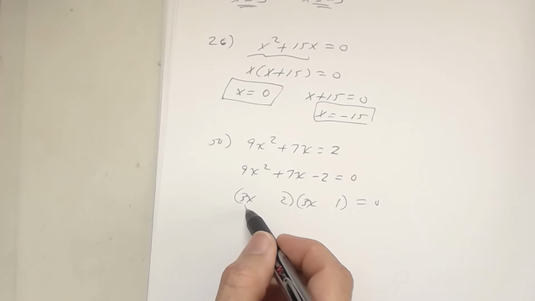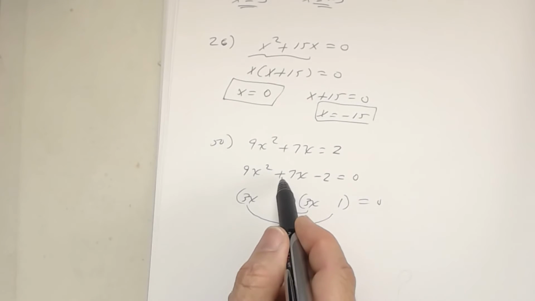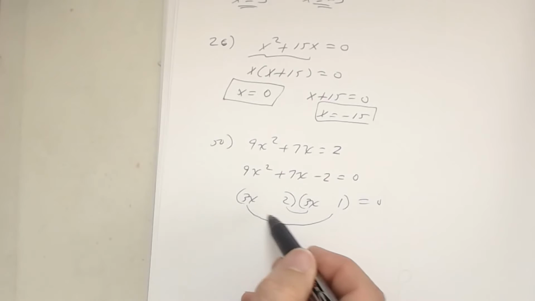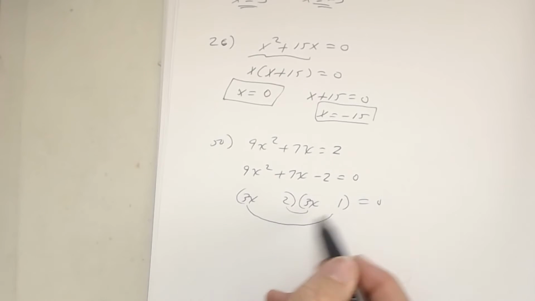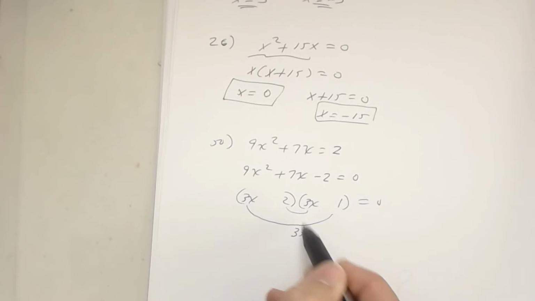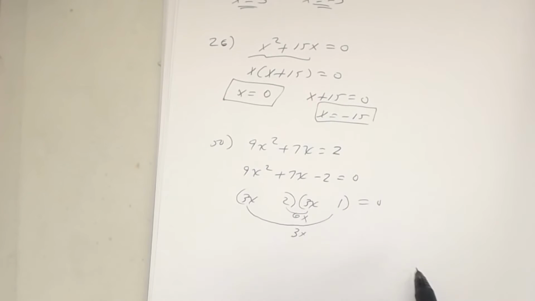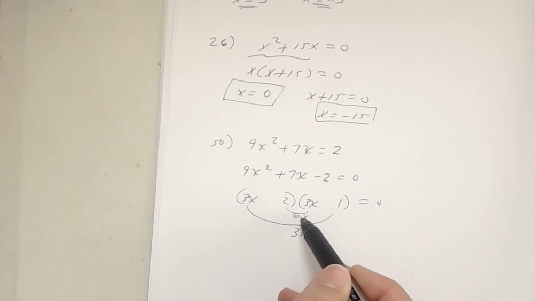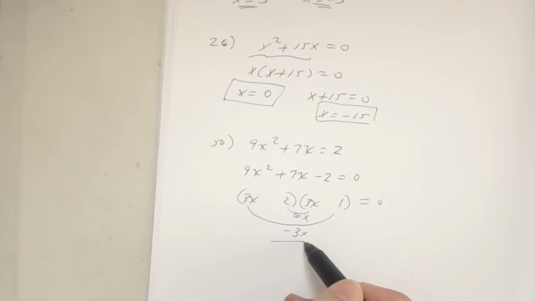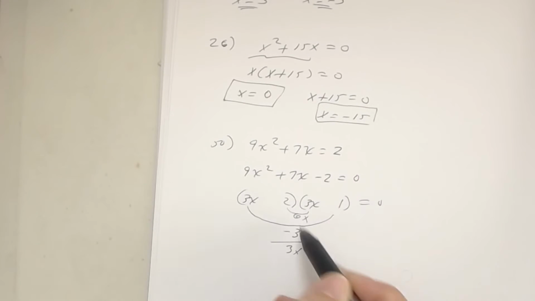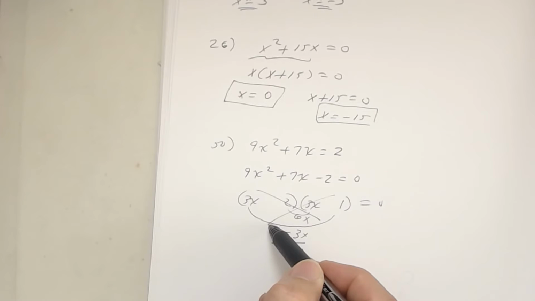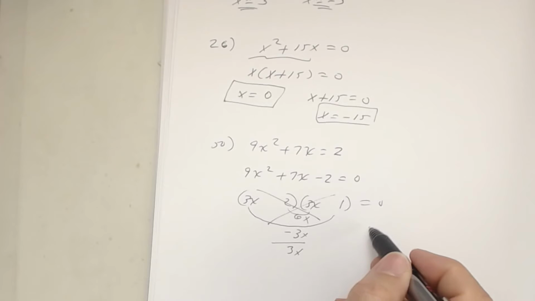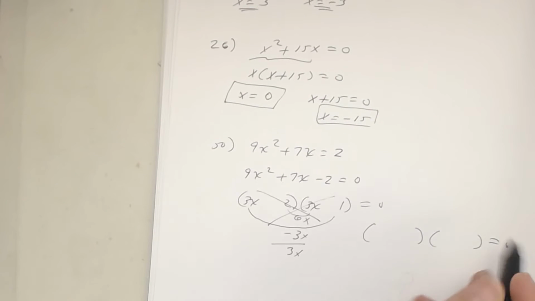But the larger of the outer and the inner takes the middle sign. So let's check and see what the outer is. What's the outer? What's the inner? Now look at what we have. The 6x has to be positive. The 3x has to be what? But does that help me? No. So the 3x and 3x is not going to work. So what should I try? 1 and 9. Okay, so I go off to the side and do the